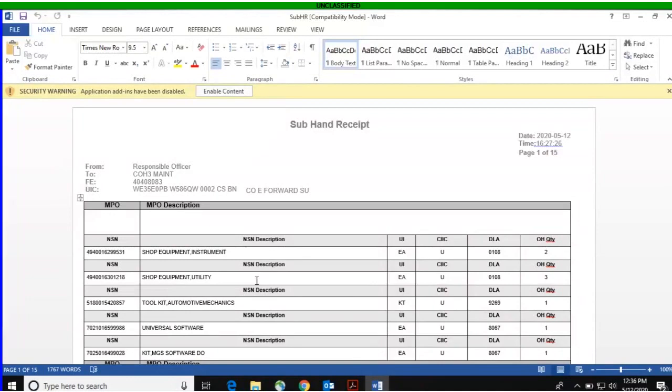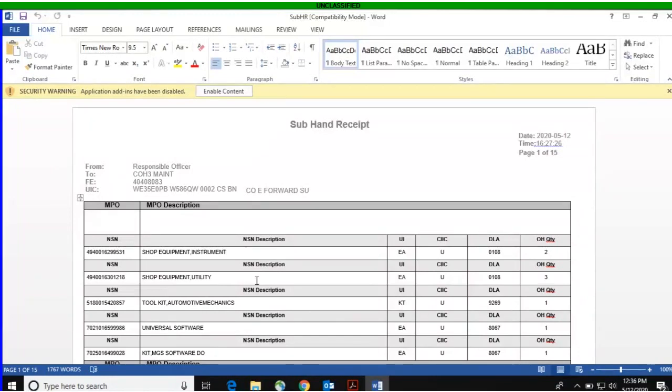Hey, you have to incorporate some sort of mechanism which really ensures that everybody is looking at each one of these pages and not arbitrarily going to page 15 to sign. Hey, that the sub-hand receipt holder signs the sub-hand receipt holder statement, and I'm making that statement available to you on SharePoint. In essence, what that statement says is I, the undersigned,